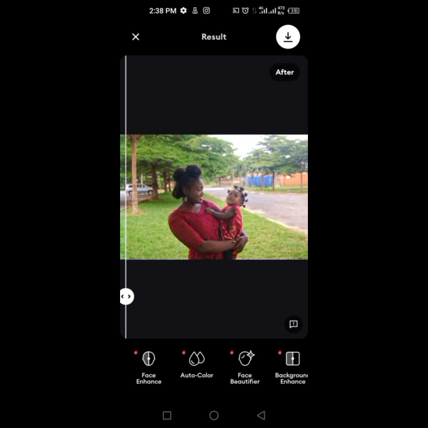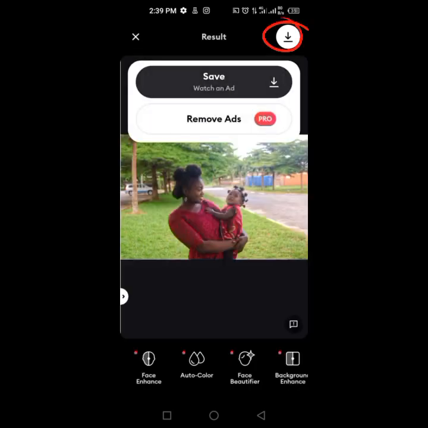Amazing! Don't you like it? See what we have. Oh my God! See what we have. This is the picture before, and this is what we have. Just slide it. It is going to make it beautiful for you. Before and after. So what you just need to do is you click on download up here and you save,